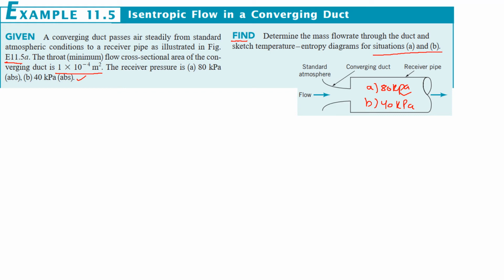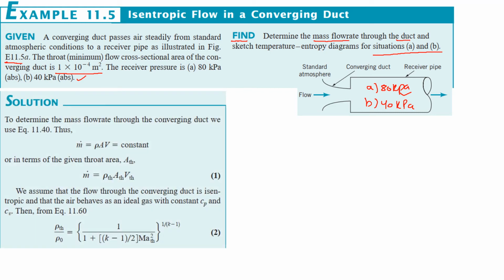So what we will do, we'll find the mass flow rate through the duct. So first we need to have our equations. So the first equation will be our mass flow rate. So determine the mass flow rate through the duct. We will find the mass flow rate at the throat of the converging duct. So it will give us the mass flow rate, and this will be the equation that will be used. That will be with the help of density at the throat, area at the throat, and the